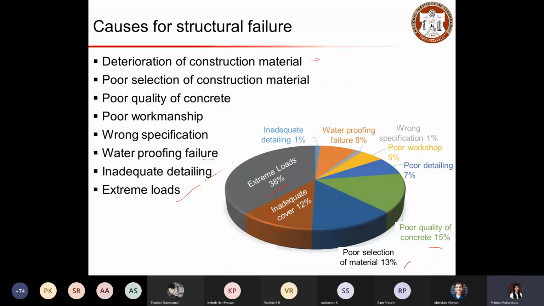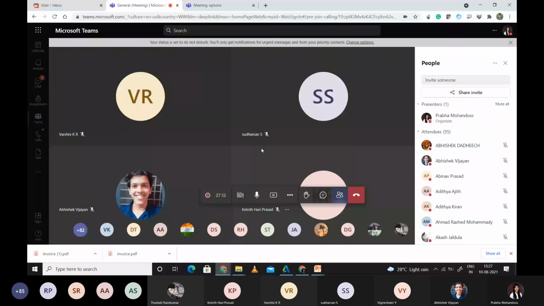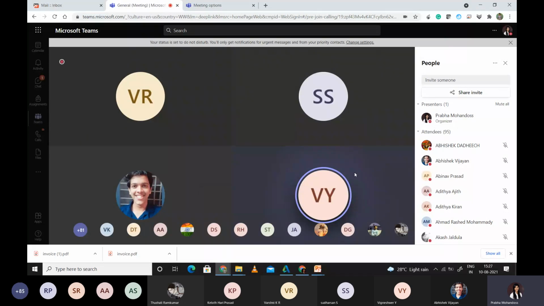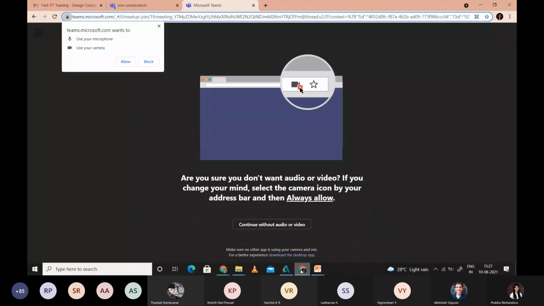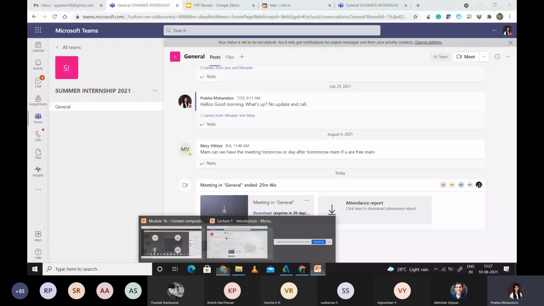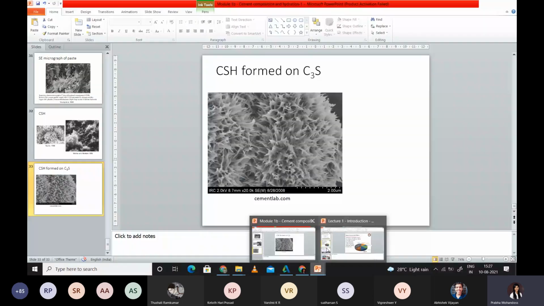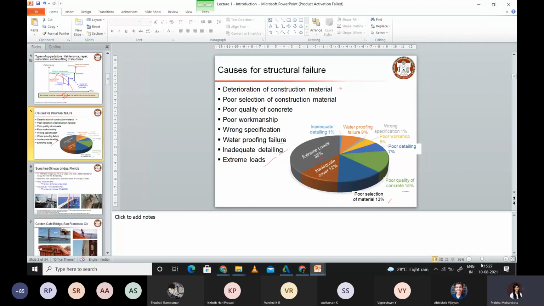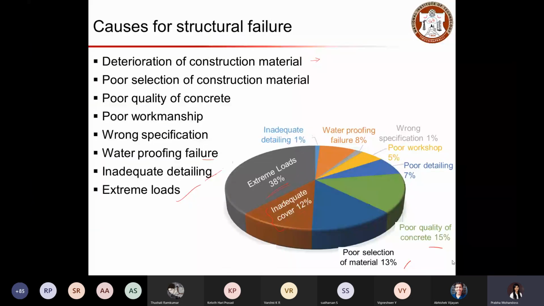What is concrete cover? What is the role of concrete cover? To prevent the reinforcement from the environment. Basically, to protect the reinforcement from the environment, right? So that is what we call cover concrete. So we need to provide adequate cover concrete to protect the steel rebar or reinforcement that we have provided.